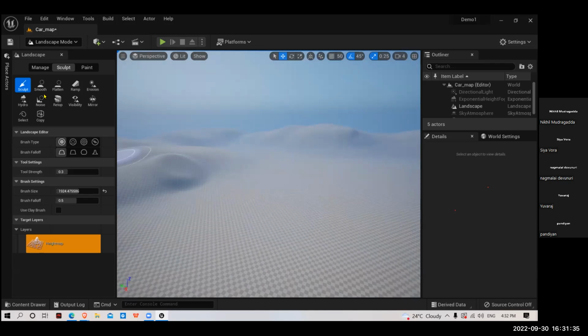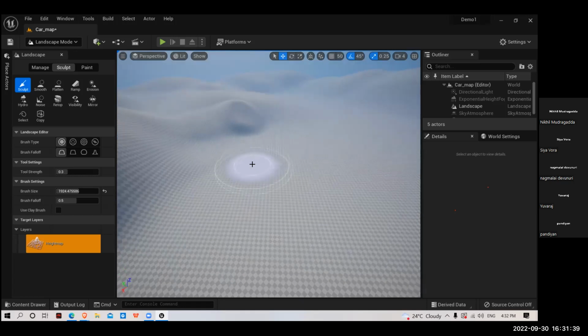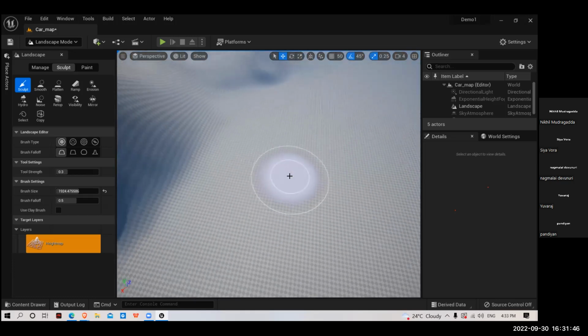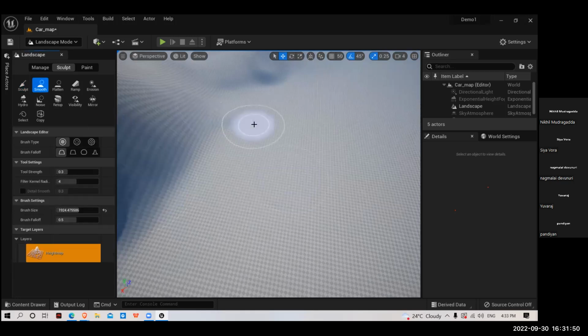We will go through only a few of them because we use most of those tools only, like sculpt, smooth, flatten. So as we have seen now, sculpt. Now next we have a tool called smooth. What it does is it will smooth the